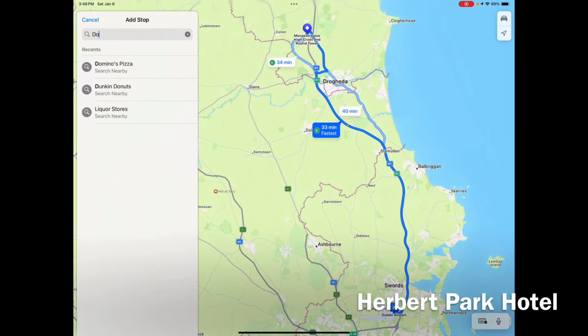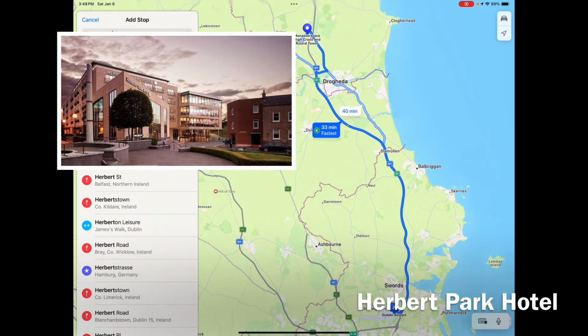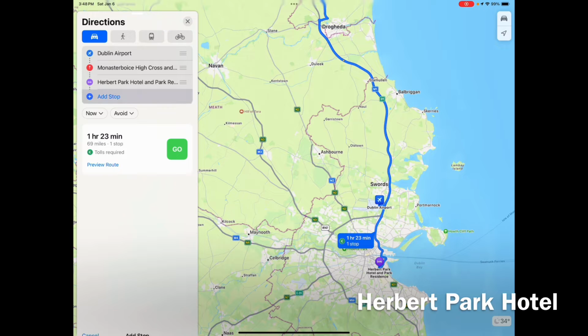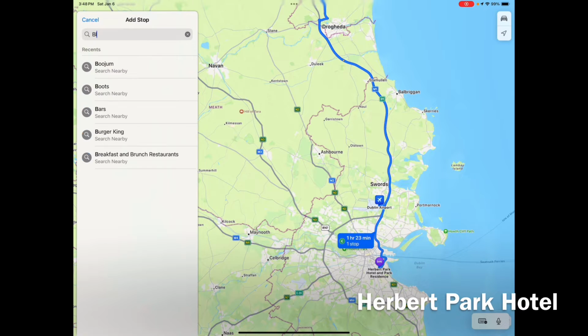We'll get back to the hotel, which is actually the Herbert Park Hotel in Dublin. It's located in Ballsbridge, which is about a 10-minute walk out of the centre of Dublin. It's a great hotel, great location. Ballsbridge is a nice little suburb of Dublin. So we'll come back into there. And the next day,